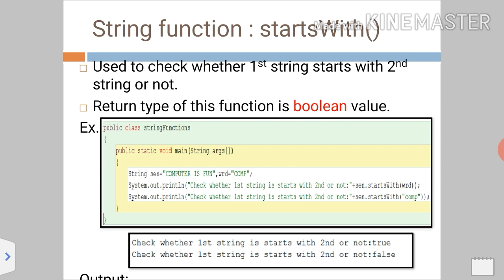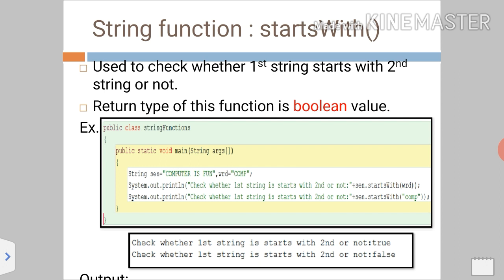Then startsWith is a function which checks whether the first string starts with the second string or not. What do you mean by first string? What do you mean by second string? See, I had taken the first string as sin, which contained computer as fun, and the second string as wrd, which contains comp.